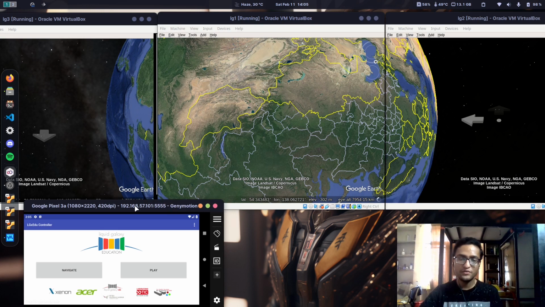We were also supposed to have an Android emulator running to control the whole rig. So I have the Android emulator set up here, as you can see, and I have installed the Liquid Galaxy Education Controller app on it. So if I press on play here,